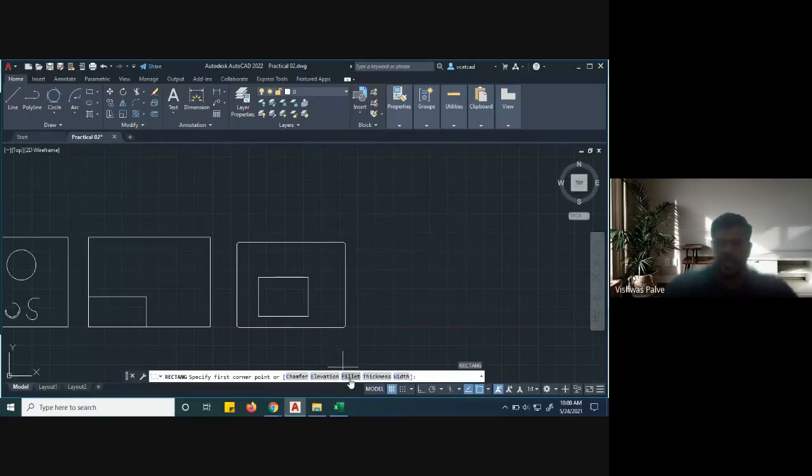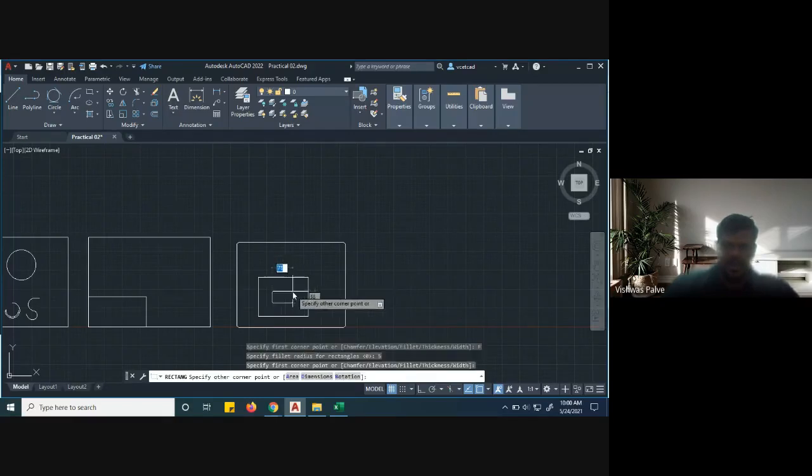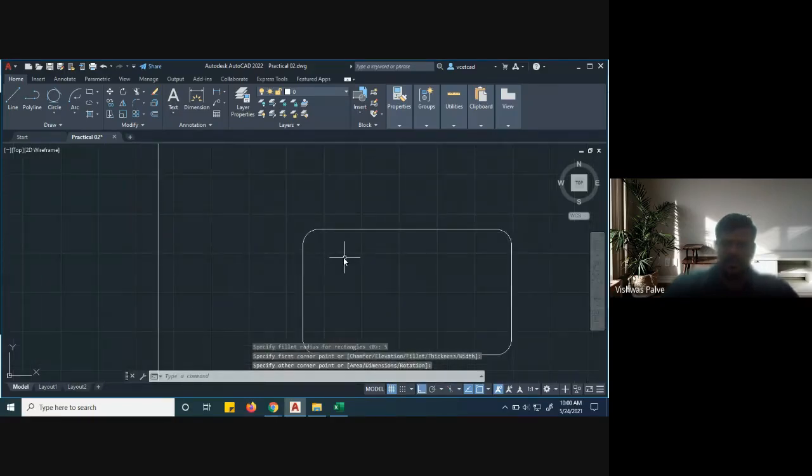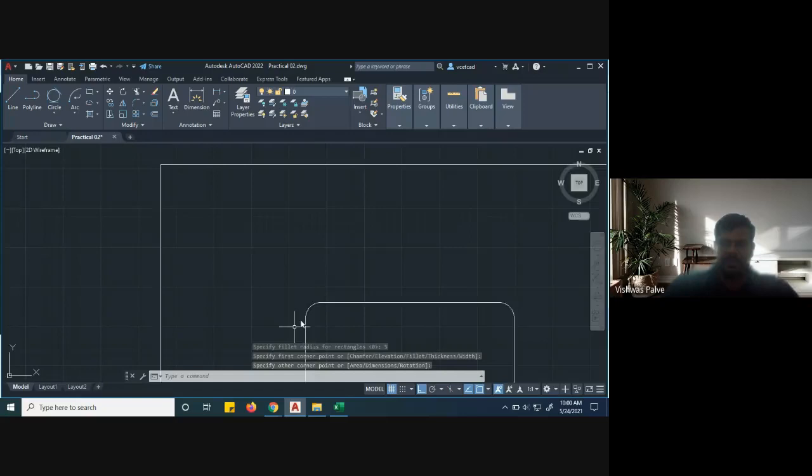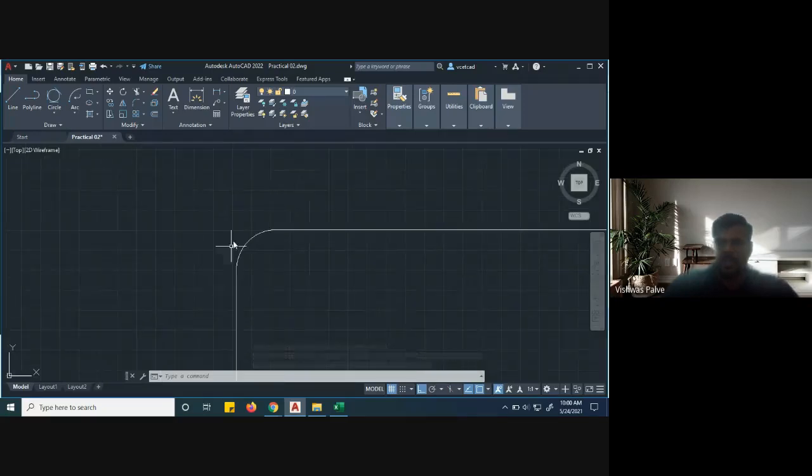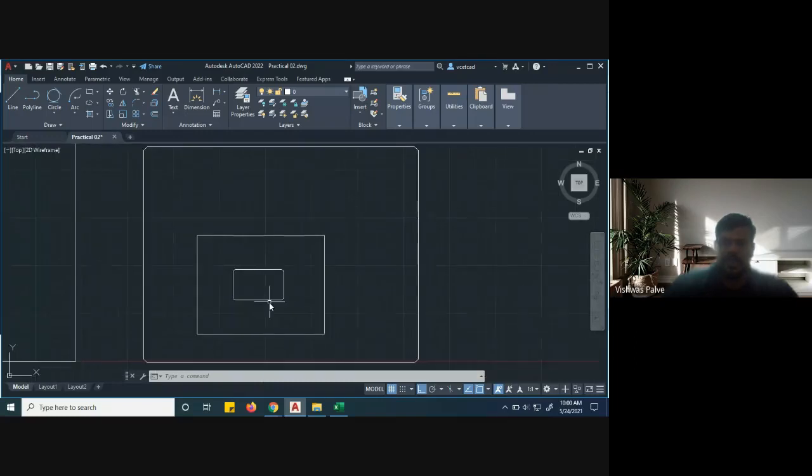We'll get a feature that is fillet. In the fillet option, specify the radius 5. Now if I draw a rectangle with the fillet option, REC enter, fillet. See the difference, right? In the chamfer, what was happening? There was an inclined line, whereas in the fillet you are getting a radius of 5 millimeter. So this is the fillet. Suppose you want to remove the fillet, right? So F enter, make it 0, enter. And you can draw a normal rectangle again.